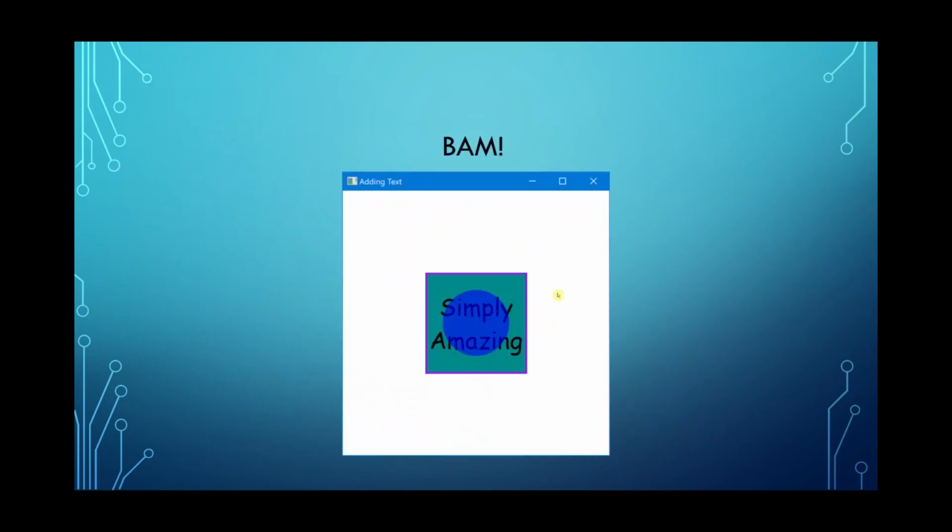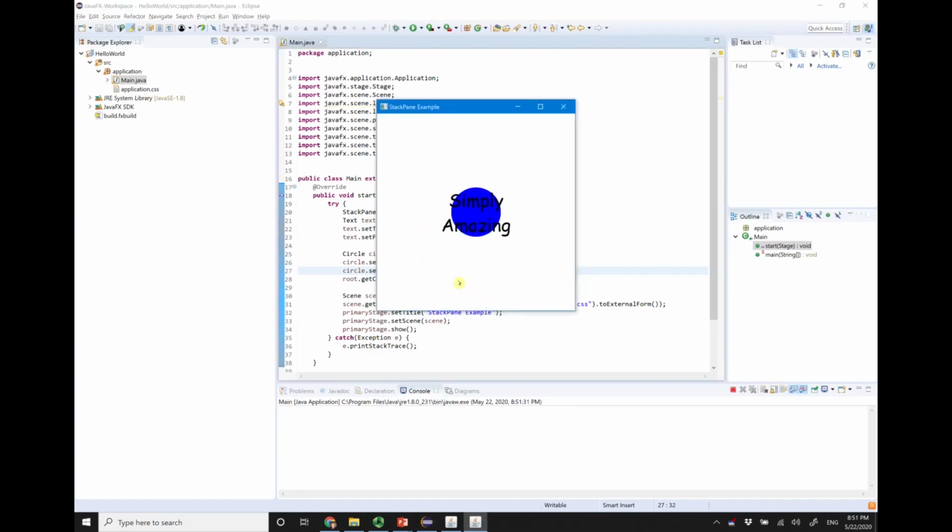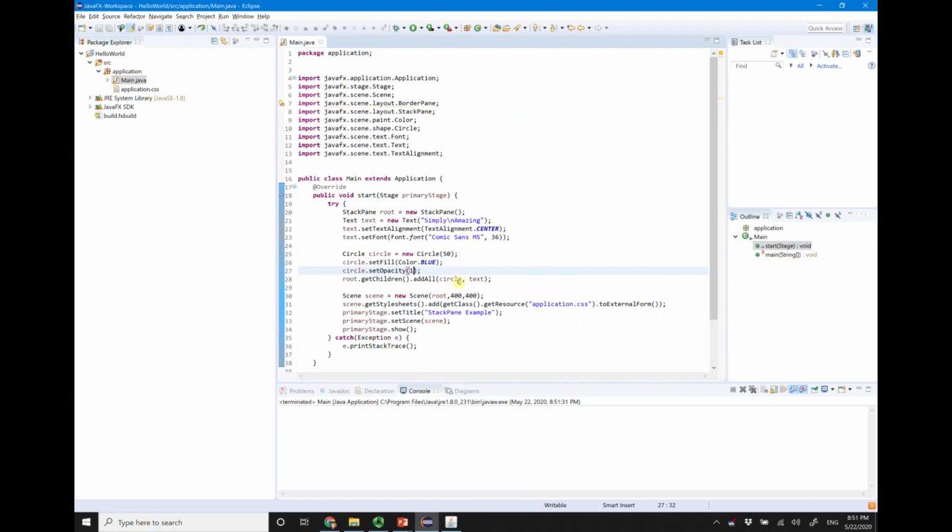So here it is. So we have the text, the circle, and the rectangle. If we try it, you do that and see the effect of each thing. So will the text be visible if we have this in here? I'm just trying the text and a circle. Yes, it does. But if this is 1, is it going to show the circle is in the back? Is it going to show? Yes. But what if we put this